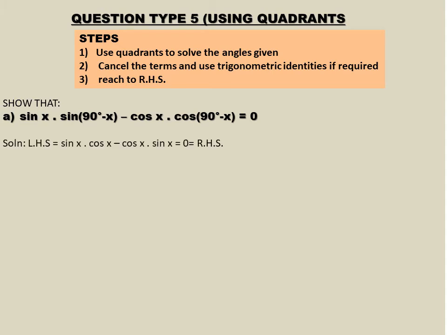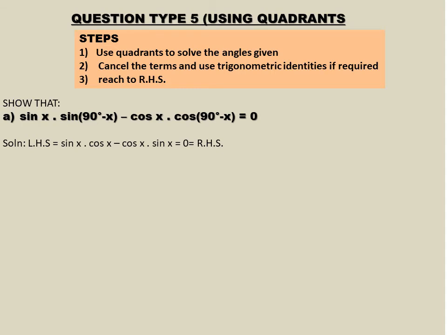So how? Let's take the left hand side first. If you take the left hand side, you can see that sine x is simplified already. So sine x will be sine x. Then sine of 90 degree minus x. To simplify this, you know that sine of 90 minus theta is cos theta, because it is in first quadrant, and in first quadrant all signs are positive, so it will be positive cos x. But all the trigonometric ratios change each other, so sine will become cos, so it will be positive cos x in place of sine 90 minus x.